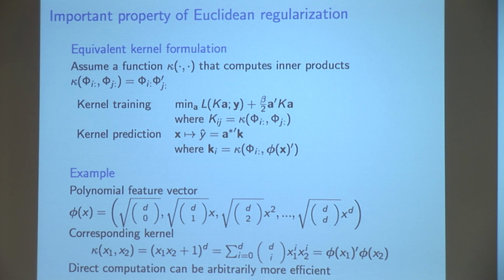Well, you might think naively that I have to write a loop. I have to loop over all the features, and then take multiplies and adds through the whole thing. The computational complexity is order D, where D is the number of features. But that's daft, right? For this feature expansion, of course, there's a compiled version of that inner product, which is simply this computation. If I want the inner product between x1 expanded and x2 expanded, it turns out it's just x1 times x2 plus 1 raised to the d. Constant time computation. So you can compute the inner product without a loop.